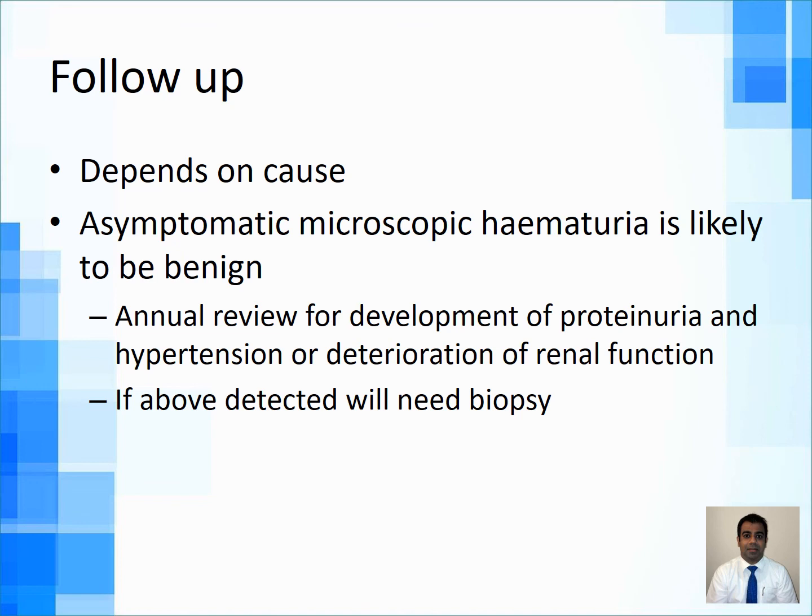So follow-up would definitely depend on the cause. Asymptomatic microscopic hematuria, as I mentioned, is likely to be benign. You can do an annual review for the development of proteinuria. You may have to do it more frequently initially till you get to grips with how things are changing, and you need to review, looking for proteinuria, hypertension, and derangement in renal functions. And if any of these, that is proteinuria, hypertension, or derangement of renal function, does develop, you need to do a renal